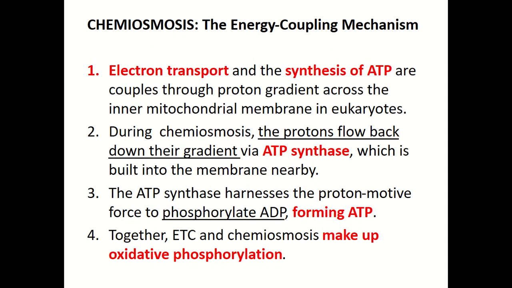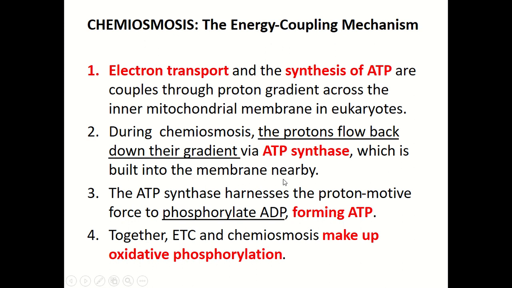So, what is chemiosmosis? Electron transport chain and the synthesis of ATP are coupled through a proton gradient across the inner mitochondrial membrane in eukaryotes. So, what happens during chemiosmosis? The protons, or hydrogen ions, flow back down the concentration gradient, from high concentration to low concentration, via ATP synthase, which is built into